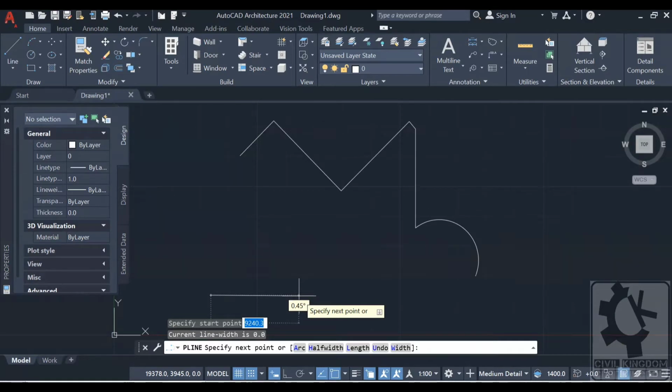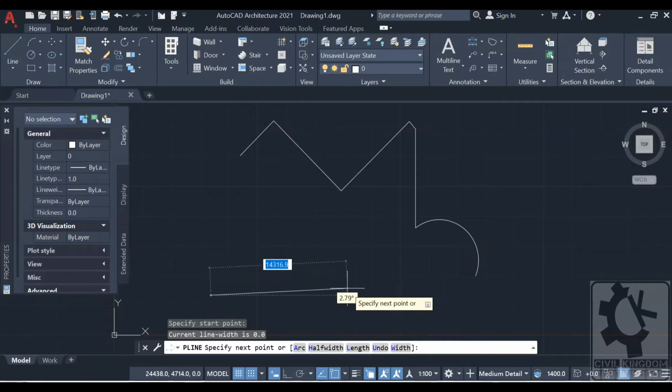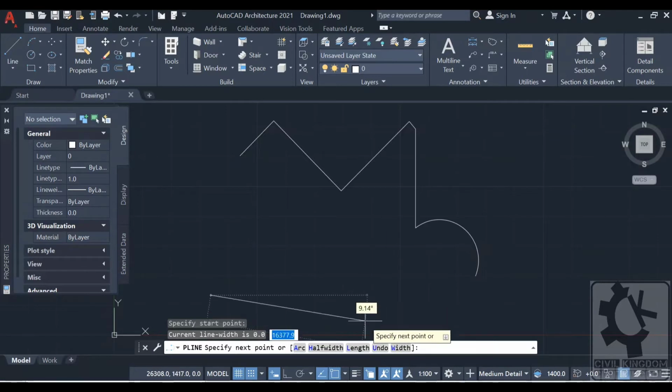So if I type arc, you need to see that the first letters of the words are highlighted, like A, H, L, U, W. So that's your shortcut to use the command.